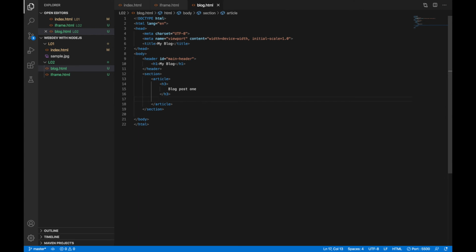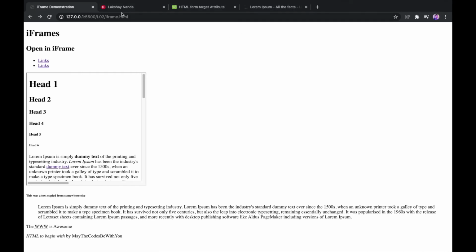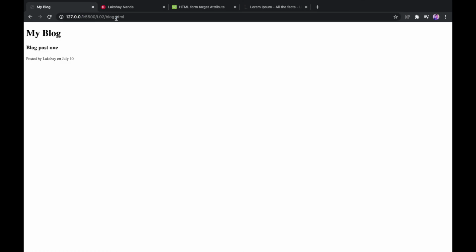Then if I want to specify that it was posted by somebody, then posted by Akshay, for example, on July 10th. Article close, section close. So you can see this is my blog posted by Akshay on July 10th.